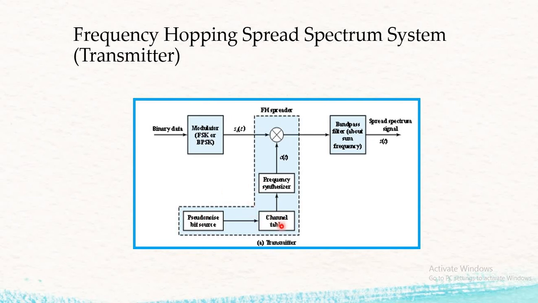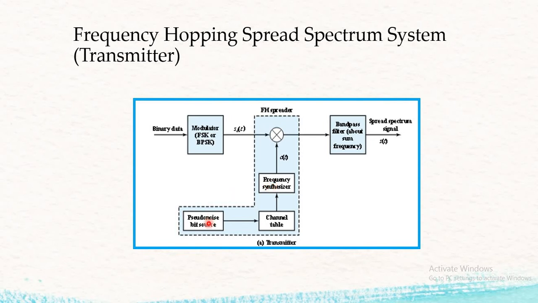Just take an example: I am sitting in a queue. In the queue we have numbers 1 2 3 4 5 6, and those numbers are generated randomly, and those numbers are in the channel table. So what will the channel table do? Suppose the number 5 is selected. Now it is given to channel number table 5. Now the 5 is applied to the frequency synthesizer, telling the frequency synthesizer to generate the frequency which is assigned, which let it be 5K.